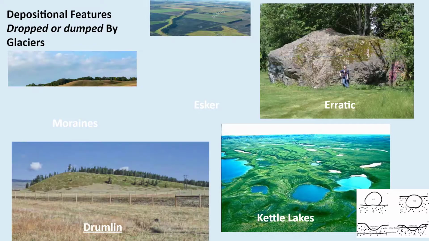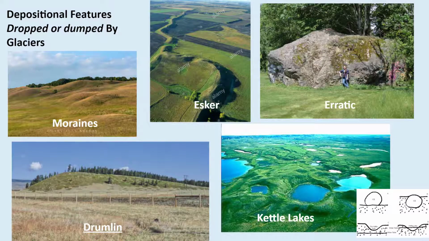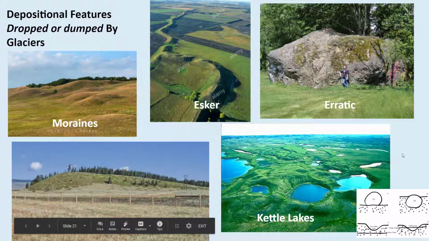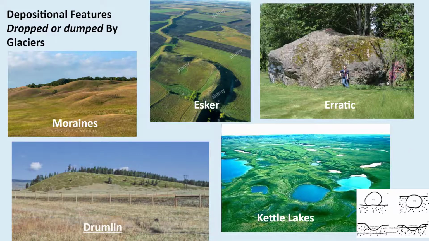All right. So again, you guys, here's some pictures of that. Now, I'm not going to spend a lot of time describing these things to you. Just know that this is kind of what they look like: moraines, esker, erratics, drumlins, and kettle lakes. Some of the easiest ones to identify, especially here in like Washington County, are erratics. You'll be just driving along and you'll see a boulder sitting in the middle of a field. That's not because somebody necessarily put it there. It's that nature dropped it there. So this is something that certainly doesn't belong in a big forest. We're miles away from things where we might see a big mountain, where we might see rock like this.